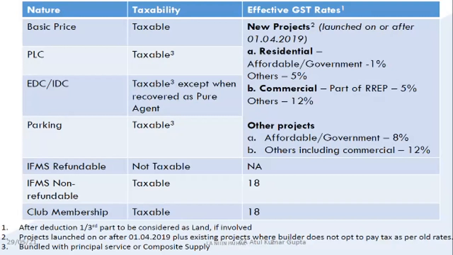If other project affordable, 8%, other commercial project, 12%. These are the rate structures we have given. We have detail in another slide which is going to come in detail. When a builder transacts with us, it asks for the basic price. Basic price. Suppose it is affordable housing, 1%, and other than affordable housing, 5%, commercial 5% or 12%, whatever the case may be. PLC, PLC means prime location, we have discussed this further ahead,